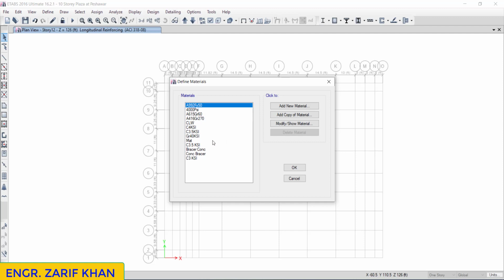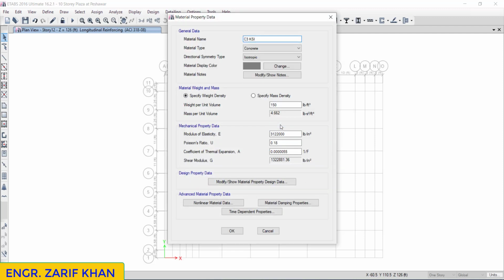Suppose we use concrete of 3000 psi, so we will modify the material. This is the material name, C3. C3 means concrete 3000 psi. We have unit weight, the value usually ranges from 145 to 150. This is the modulus of elasticity. The modulus of elasticity we have to change according to the strength. For this we have a formula,